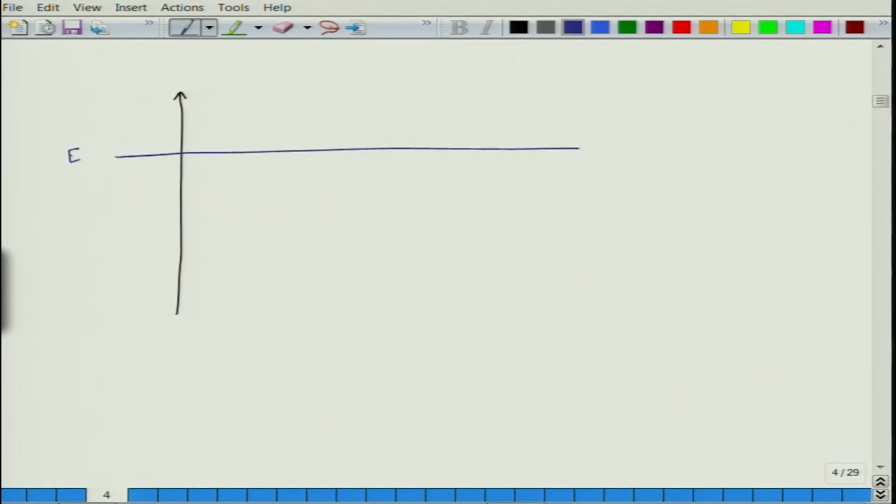Okay, so this is the E vac, and the atoms are somewhere here. This is first, this is second, this is third, fourth, fifth, and so on and so forth, and this is, let us say, the distance x. Okay. If you now plot the potential energy